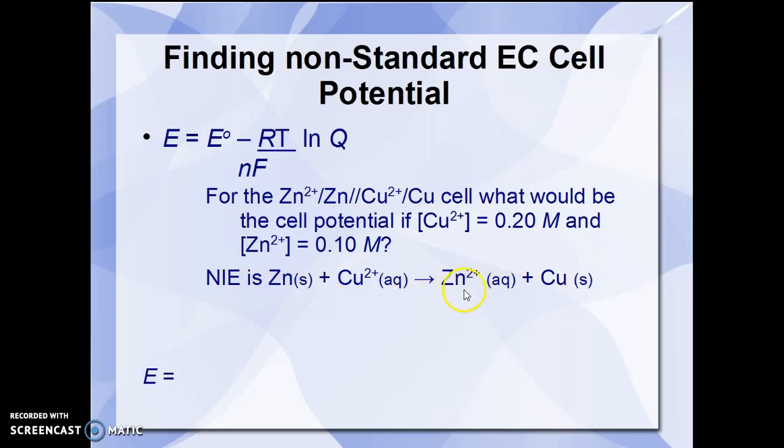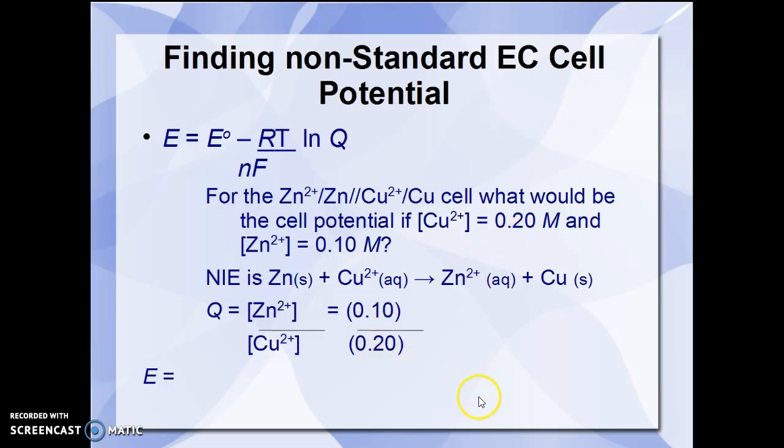That's the product of products whose concentration can change, that's the zinc 2 plus in this case, divided by the product of reactants. Q here then is simply the zinc concentration divided by the copper concentration when we start the reaction. And we've set that at 0.10 for the molarity of the zinc ions and 0.20 for the molarity